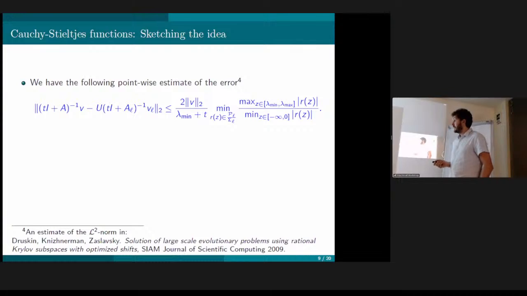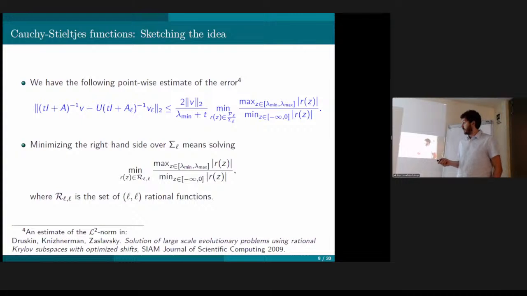And if you go in this direction, you can first find a pointwise bound for the error you made once you approximate the resolvent for a generic t. And you have that the error is bounded by the product of two terms, the first one that still depends on t, and the second one which does not depend on t, but is given in terms of the solution, the optimal value of a rational approximation problem. And where you still have the degrees of freedom of choosing the poles of this rational function.